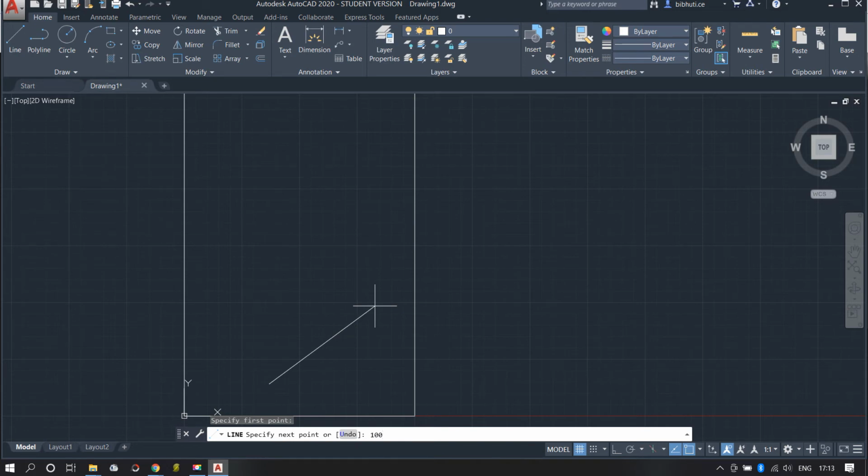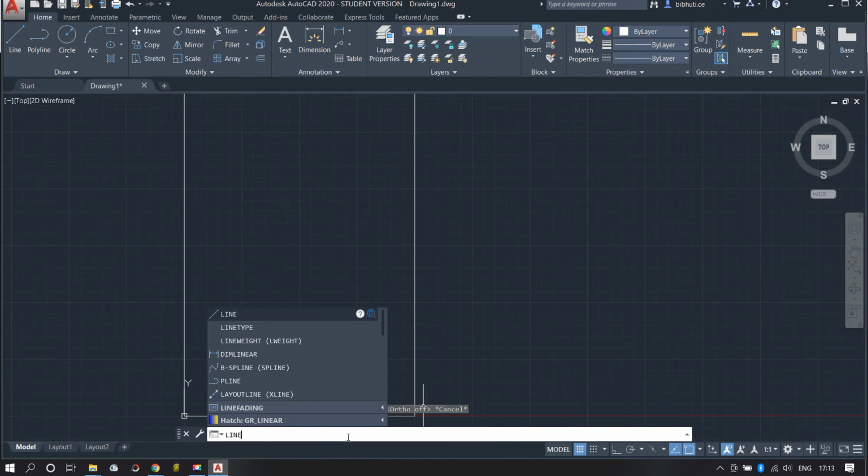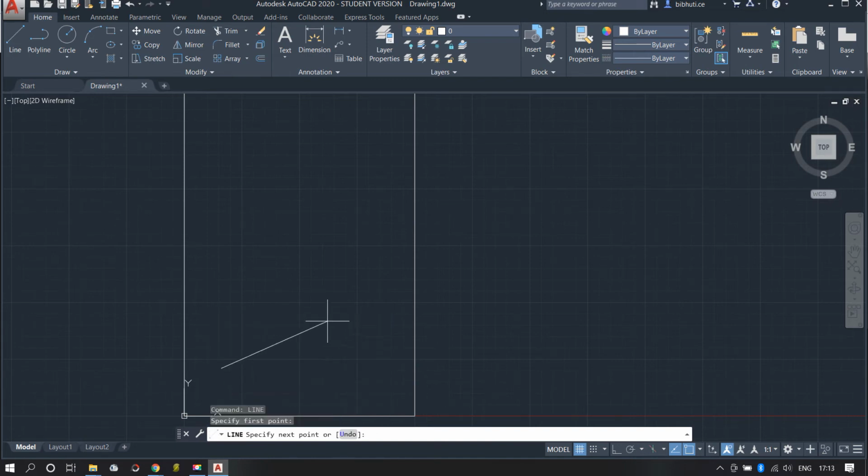That tab button is not working, then it will be difficult to draw lines like that. No? Let's use the command and see, can you draw? No, it's not working. Anyway,